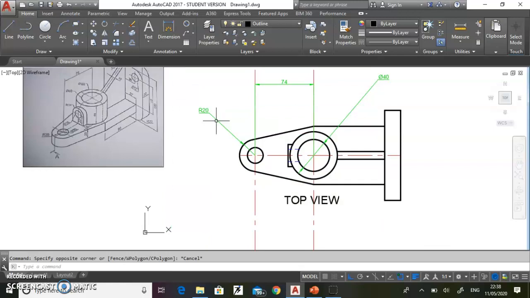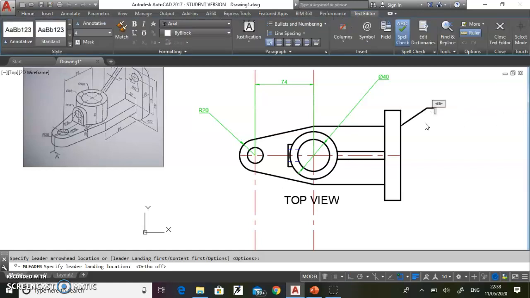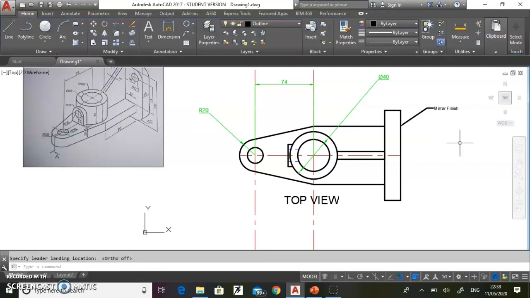Now let us talk about the leader line. Say, for example, I want to give some information about this, then the leader line will be helpful. I want to say that this has a mirror finish. Then the manufacturer will be aware of this kind of information about this base plate.